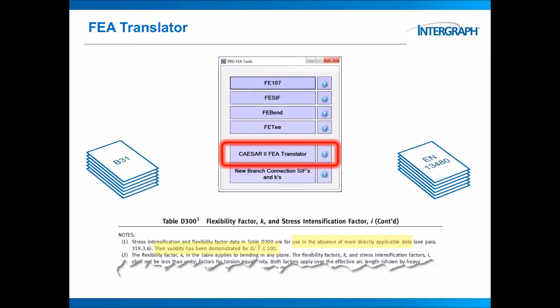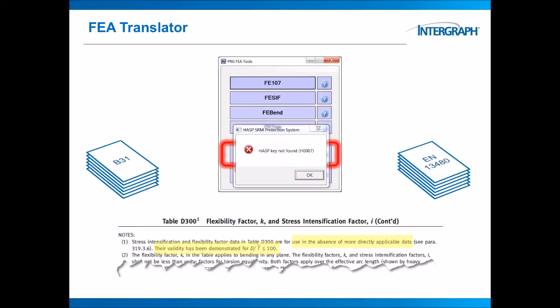And here we just have a screenshot from B31.3, Appendix D, stating that you should only use the data in Appendix D of B31.3 if you don't have any more directly applicable data. There's also a note here that the validity for D over T of less than around 100 is